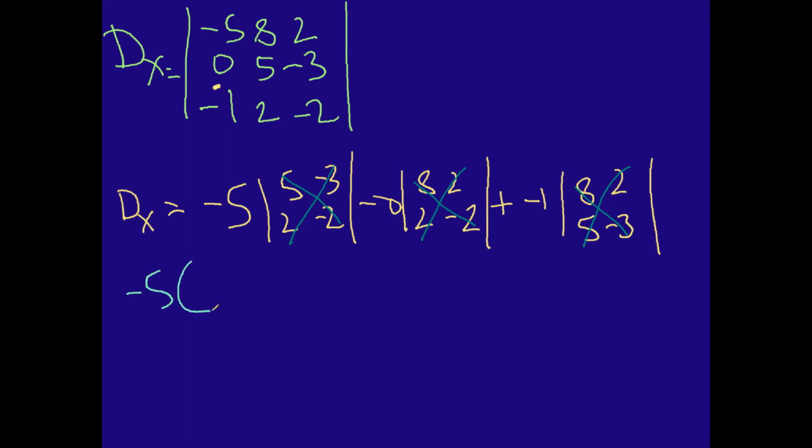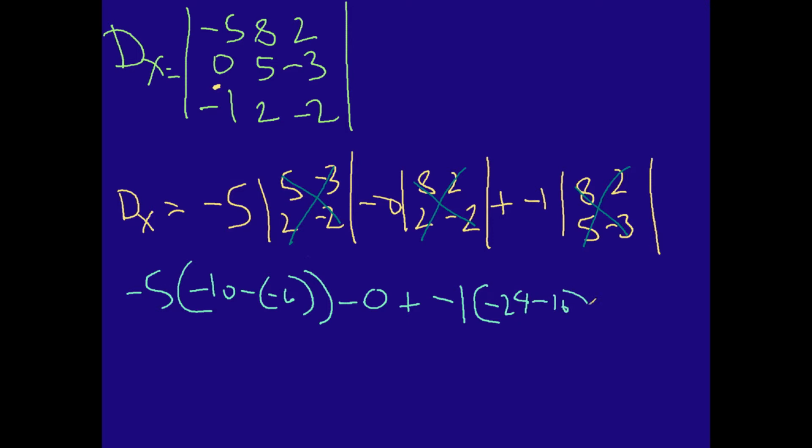-5 has the following. -10, because 5 times -2 is -10. Minus, and then again we're going to have -6 inside again. You guys know that when you ever multiply by 0, it just comes out to 0, so I'm going to save time by just skipping that. And so then we have plus negative. I'm just trying to be consistent when I do that. -1 inside here is going to be 8 times -3, which is -24